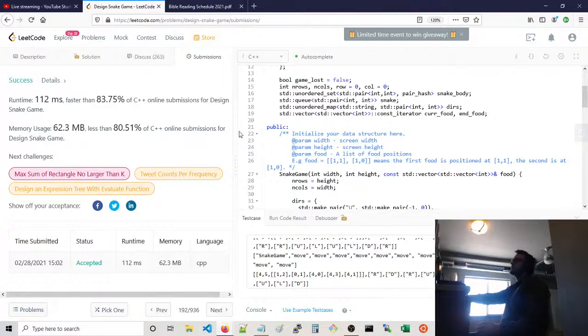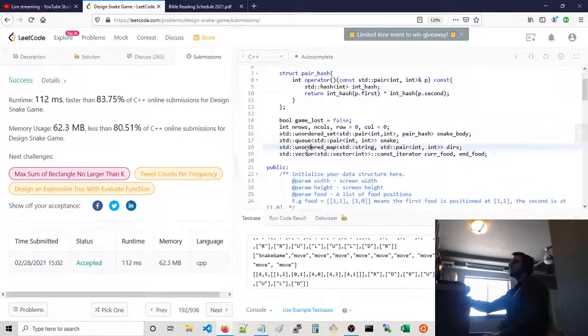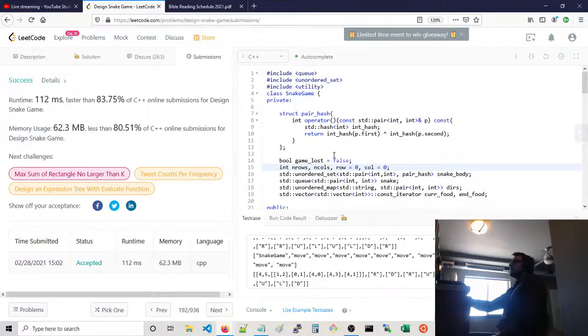First things first, implementing the logic for snake is actually really pretty easy overall. It's not too bad. You can use a queue and a set, an ordered set, and then some pairs. Manage everything with regard to pairs. Use an iterator and direction set, and you can set up a pair hash, write a struct for your pair hash for pairs. So you can use a set of pairs, and to keep it really simple, just use the int hash XOR to int hash,